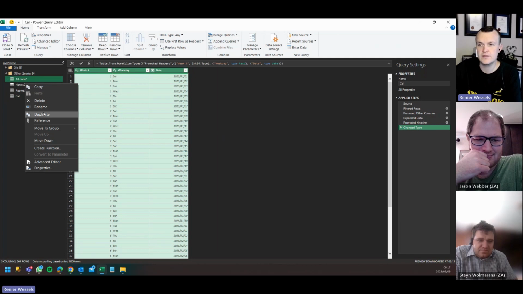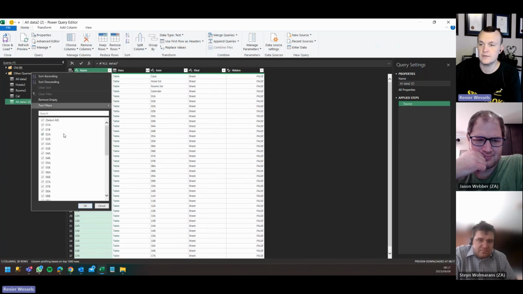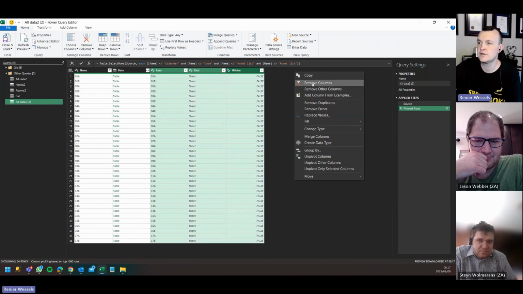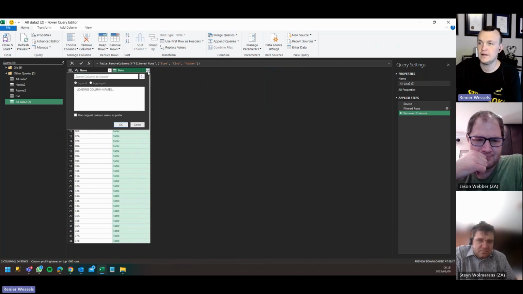Then the final step, I think it's the final step, so let's just reference it again. So we've got case. Okay, case is just the case itself. So it's just the room numbers that remains. Okay, so now I'm just going to go and filter, and I'm just going to remove the other ones. There's lots of ways to do this, but let me just remove the other ones so that I have all the hotel data back. Now I want to keep these numbers because that's my reference, which is something that I would have had to bring in if I kept it in Excel. So I'm just going to remove those columns and just keep the name and the data. Okay. Then I'm going to expand,